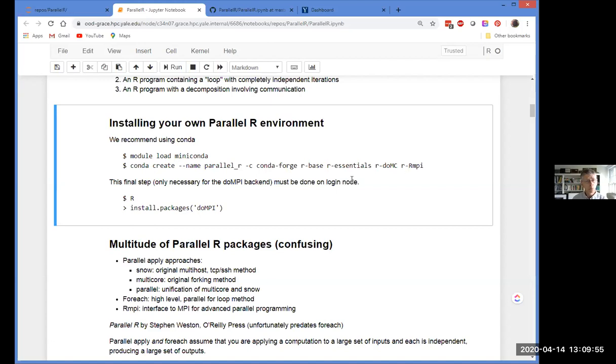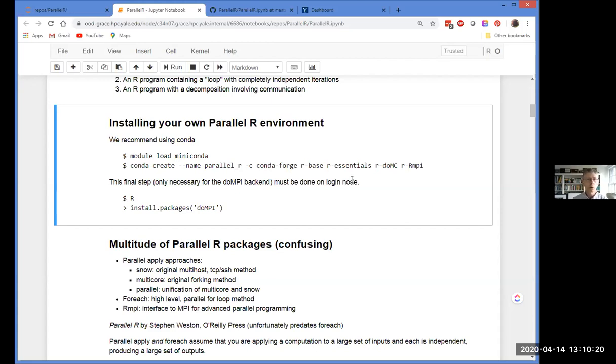And the way I did that was by using the Conda environment. And if you're not familiar with Conda, you should be. It's an incredibly powerful software management and installation environment. It's something that you normally see in the Python world.